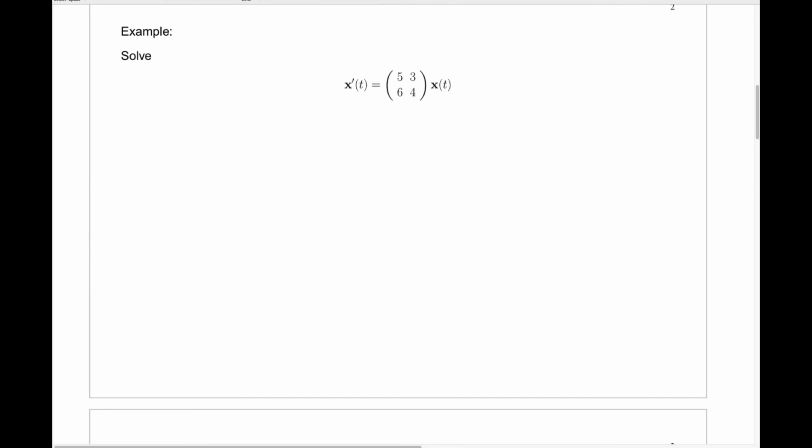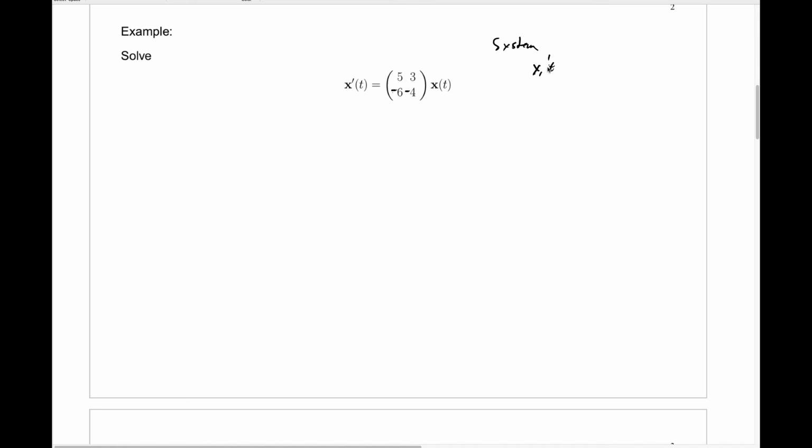Let's start with this one simple example. I want to look at this system. X prime of t is the matrix 5, 3, negative 6, negative 4 times x of t. That corresponds to the system